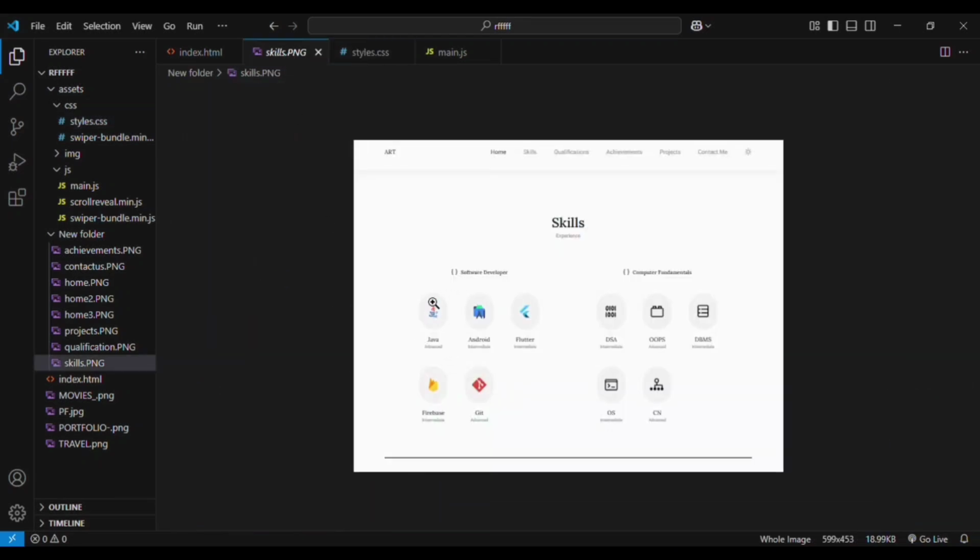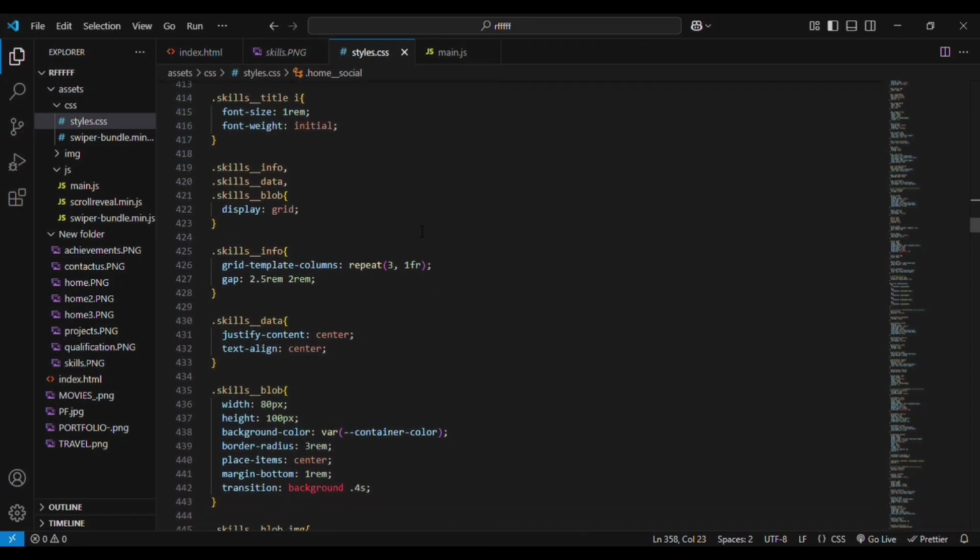This is one div and this is the second div that we have. So they are aligned exactly center based on their div. Then for the title element, right now we are adding the font size and font weight, and display grid is added to the skills content, skills data, skills info. Then for each skills info, we are having